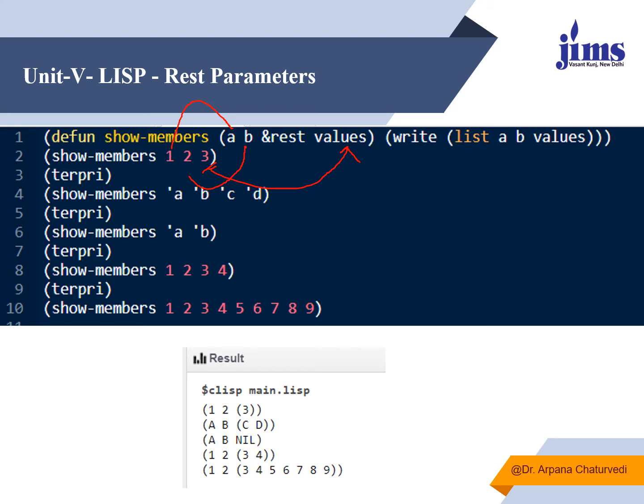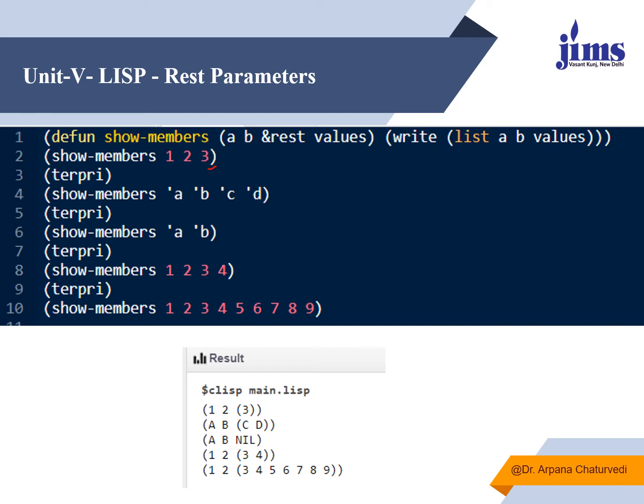So it is mentioned in a list. Similarly, you see when you pass the list of arguments as A, B, C, D. Now you know that two are compulsory. A and B: a normal character A will go to A parameter, B will go to B parameter, and C, D will be a part of values. So these C, D, all the values which will be coming after the first two values, will go inside values, which is itself a list. So that is why the C and D is coming within the inner parenthesis. It's a part of a list.